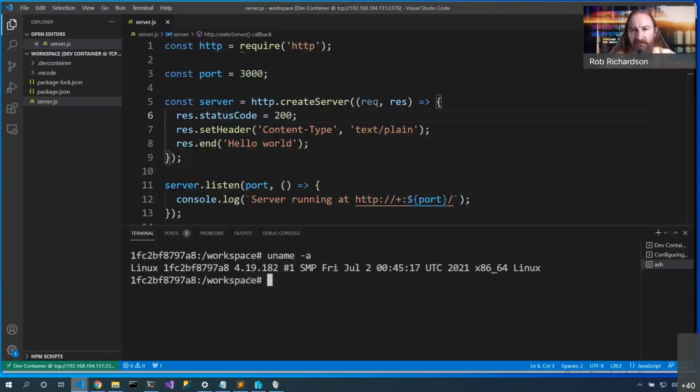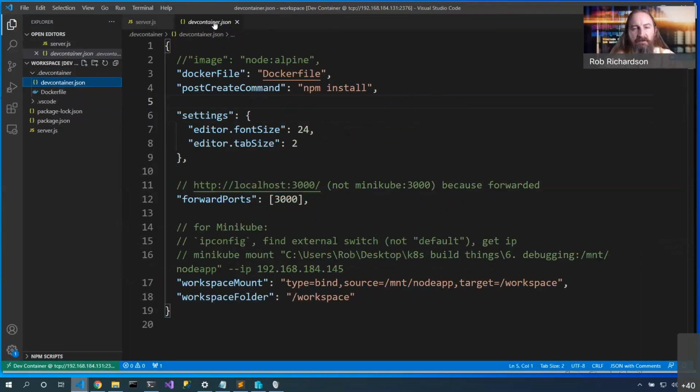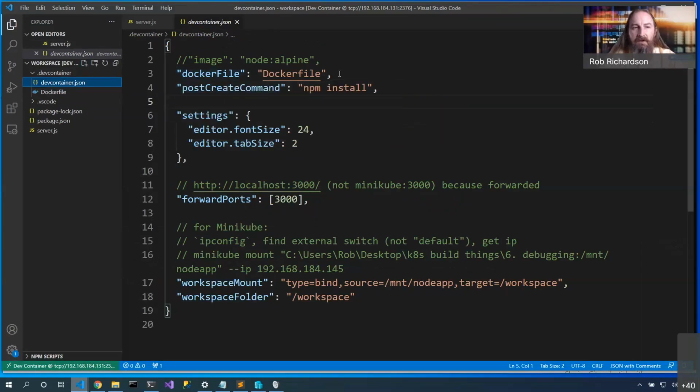Now that's excellent. Let's close this and we'll take a look at the devcontainer.json file. Now our first step inside the devcontainer.json file is either to specify an image or a Dockerfile. Now this Dockerfile is not the Dockerfile that we'll use to get into production, but rather the Dockerfile that we use to be able to set up our debugging container. So I have that here inside the .devcontainer folder as well.